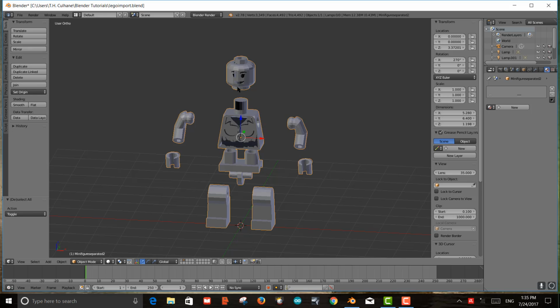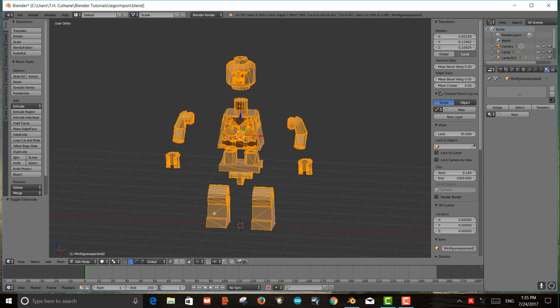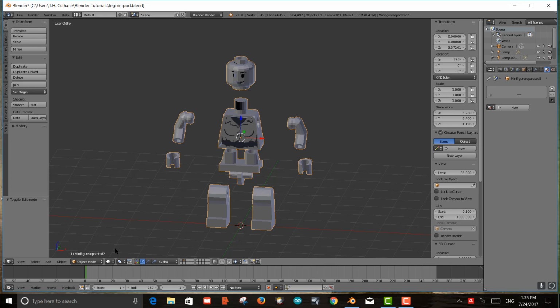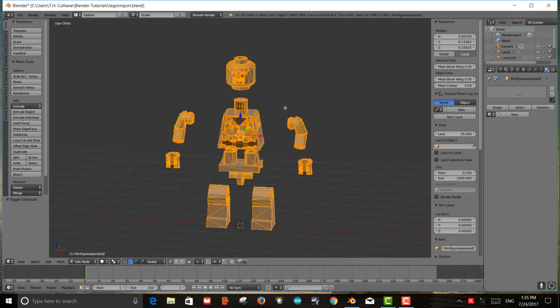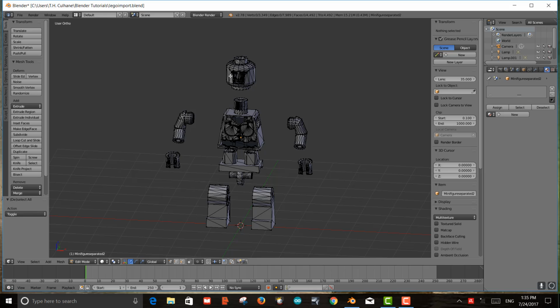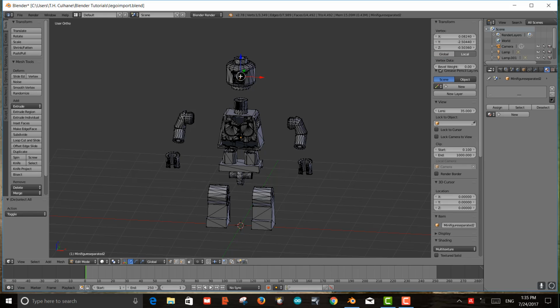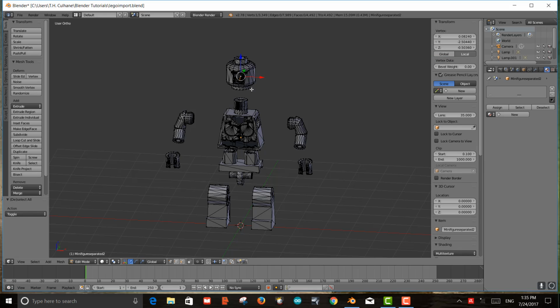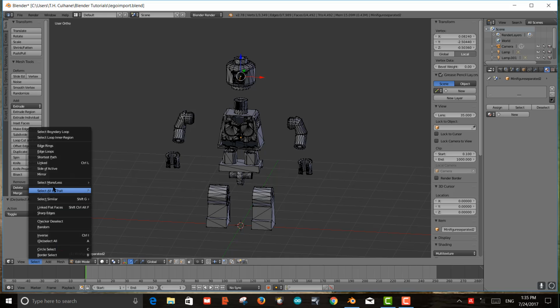So what I'm going to do is go into edit mode, which I can get to from here by going there, or I can hit the tab key. The tab key takes us from object mode to edit mode. Go to edit mode and hit A to deselect everything. And now I'm going to click on a single point in the head, and I'm going to then go to select. I'm going to select similar,